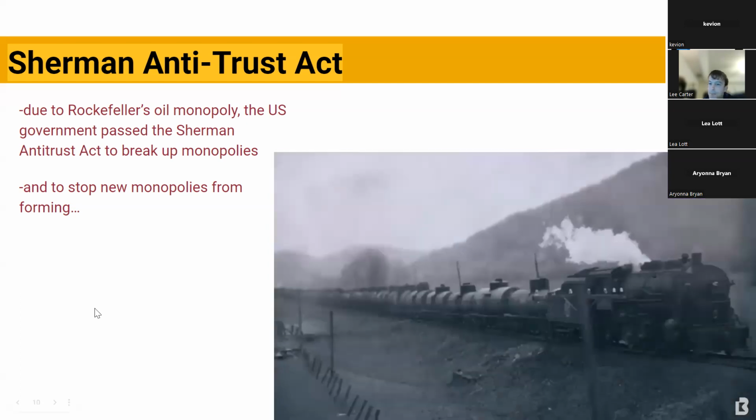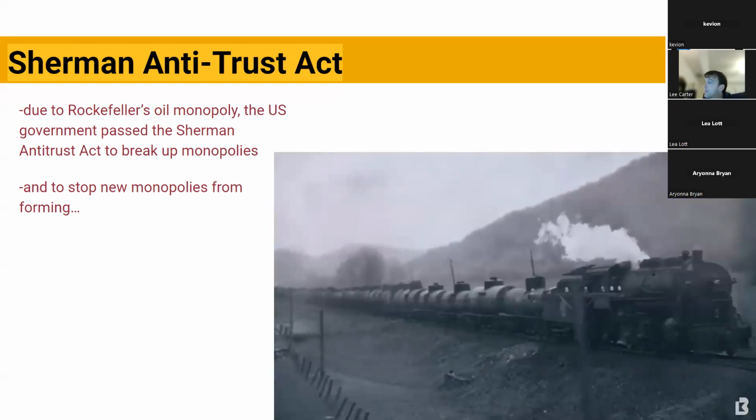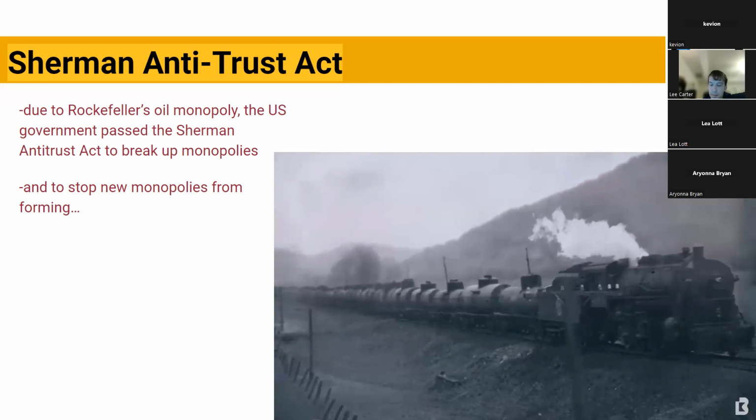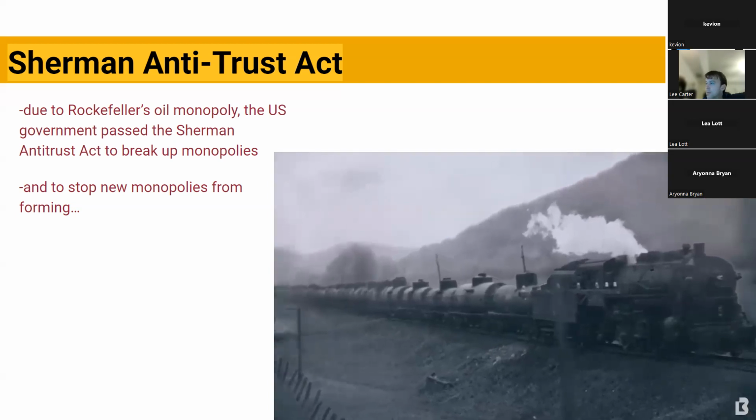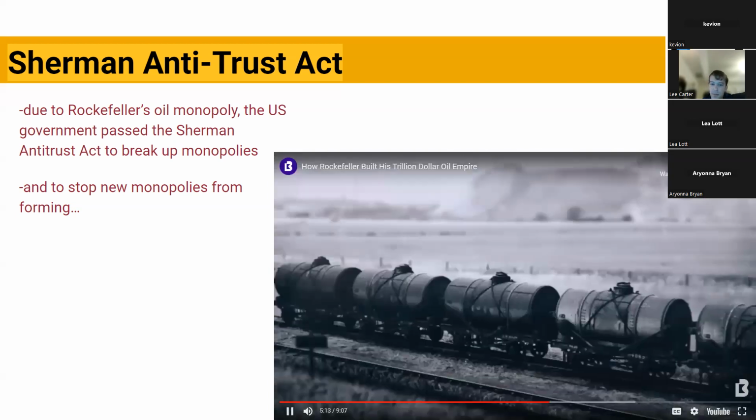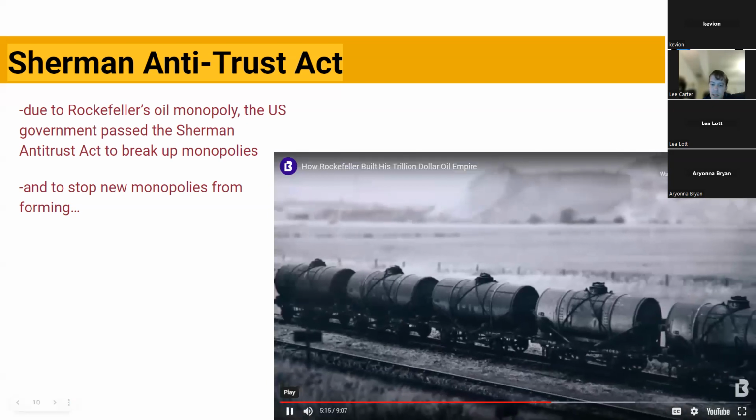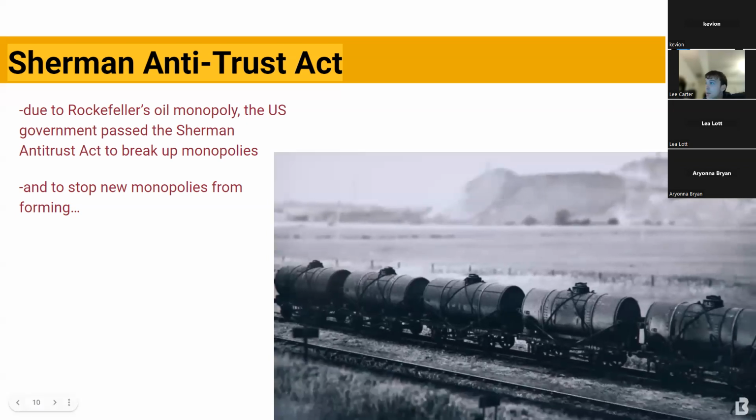At this point, John was so powerful that he could invite the owners of the big rail companies and personally negotiate rebates for using their trains. But this practice of negotiating backroom deals really got the business world riled up. So the rebates thing means that they would charge him less to haul his stuff because they were hauling so much of it, all right, which gave him a further advantage.